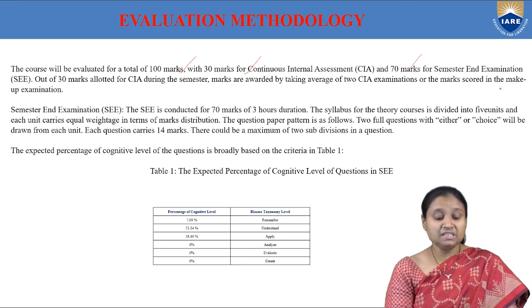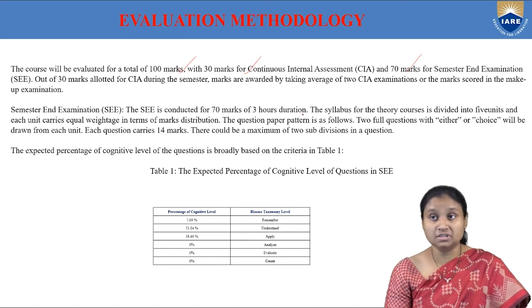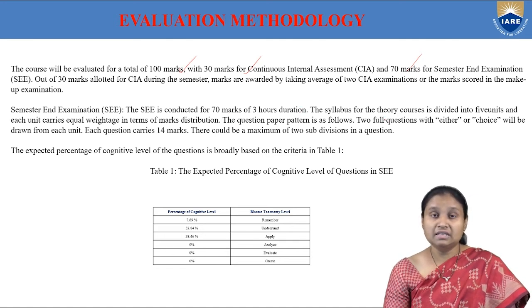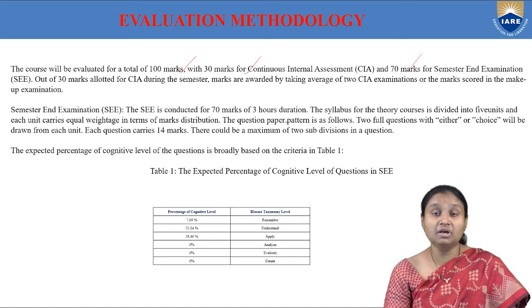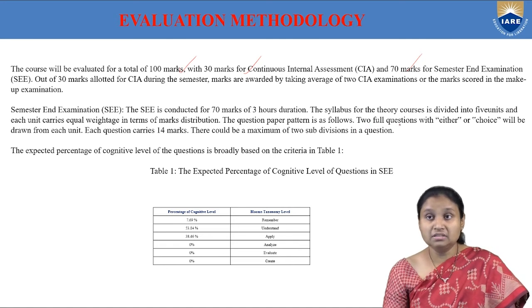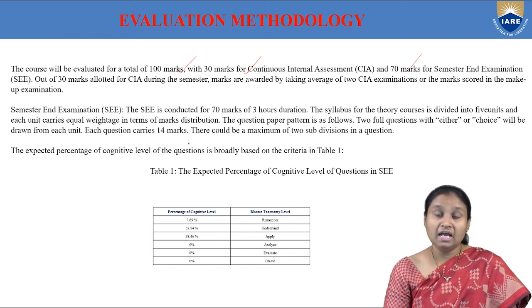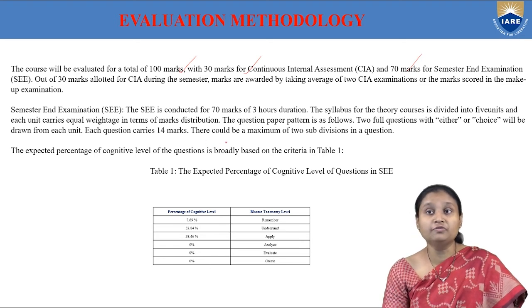And then coming to semester end examination, of course it is for 70 marks and it is for 3 hours duration. And here the syllabus, as we know, is divided into 5 modules, and each module we are going to give equal weightage in terms of marks distribution. If you are talking about question paper pattern, here 2 full questions with either or choice will be drawn from each unit, and each question is going to carry 14 marks, and there could be a maximum of 2